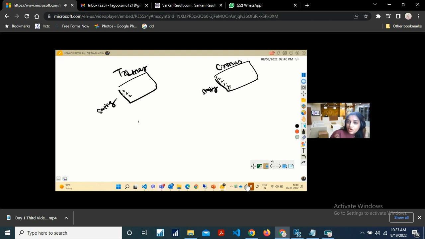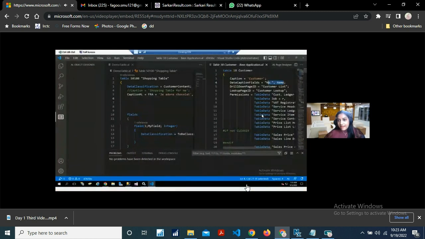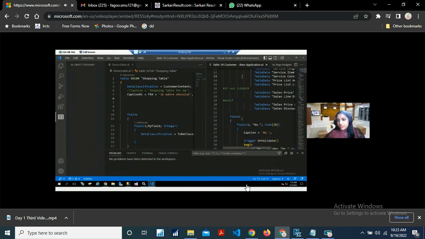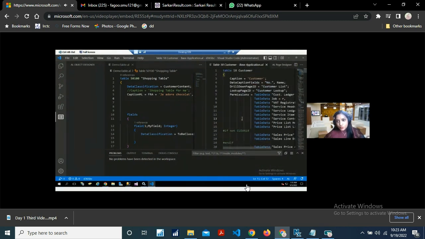But if I say data per company to false, then these records would be shared with all the companies that we have in our database. So it is best practice to just save it to yes, so that our data is segregated for a particular company and not shared with the other companies that we have, right? But we have an option to change it. So this is the data per company policy. And if you see, that is not defined here. Why? Because by default it is set to true. Okay. If I open a report, let me just